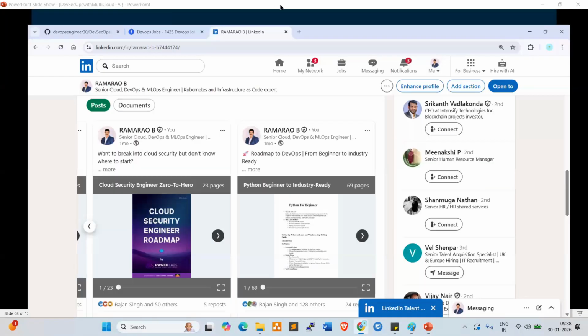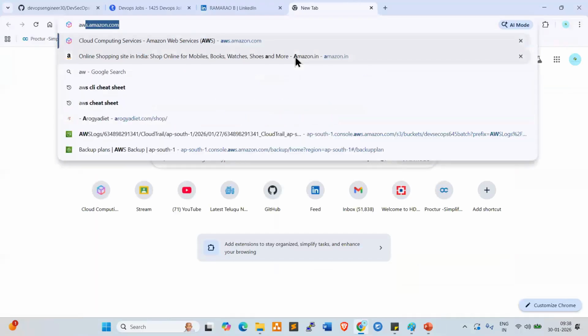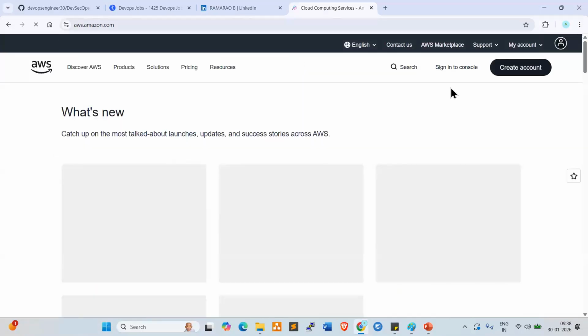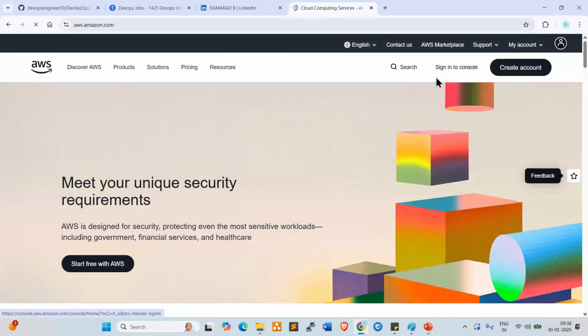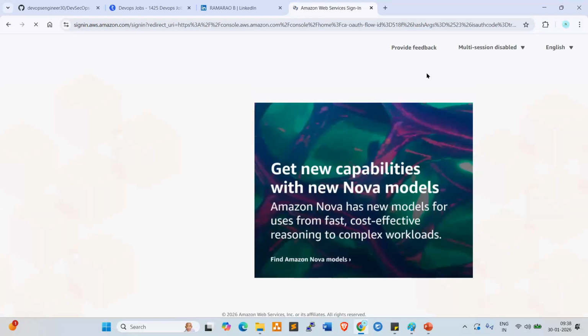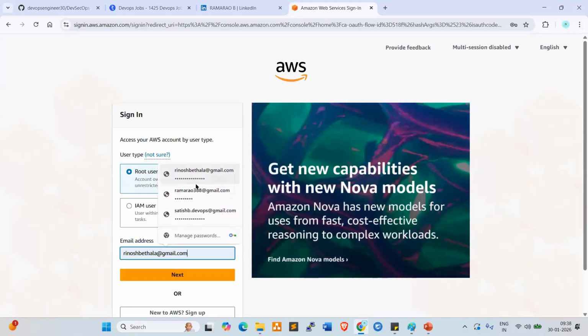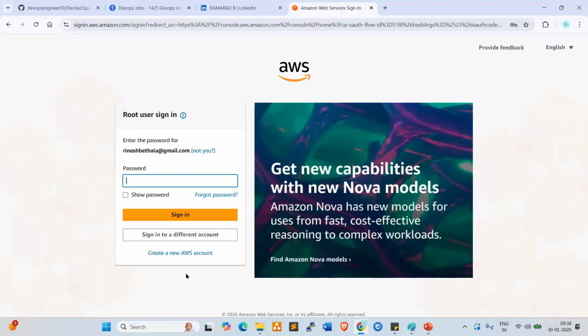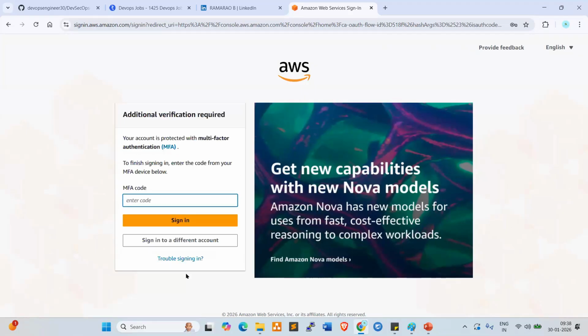So this is my AWS account. Look at here, everyone. aws.amazon.com is the URL. So everyone requires an AWS account. We can practice in the AWS account only, right? We don't need to install any software on our local laptop. Look at here, look at my screen. So how to connect to an AWS account? I'll show you clearly.